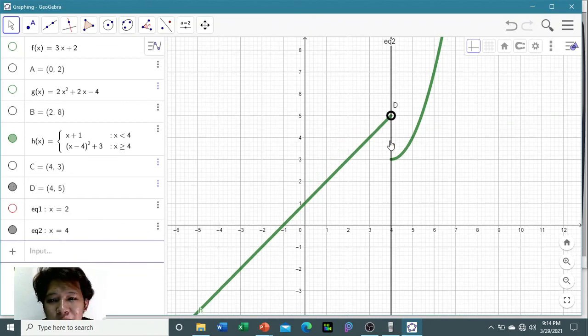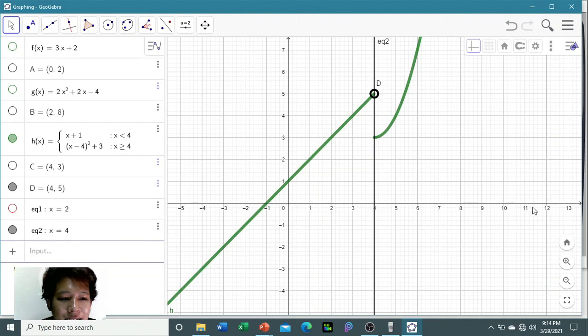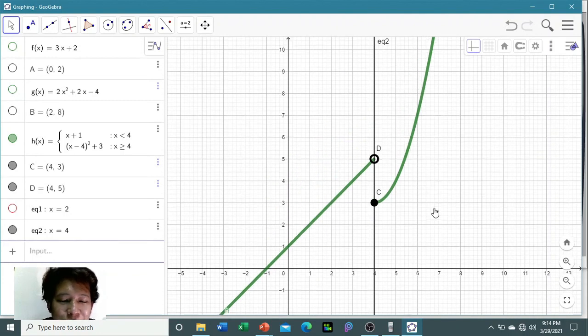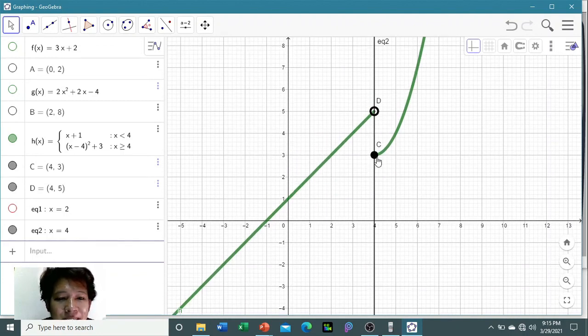Ito, dito sa part na to, sa part ni x plus 1. Okay? And then, from the right naman, habang nag-approach ka kay 4, then the value approaches to 3. The function value approaches to 3. At mapapansin natin na kumbaga parang hindi siya equal. Okay? Kasi magkaiba po sila